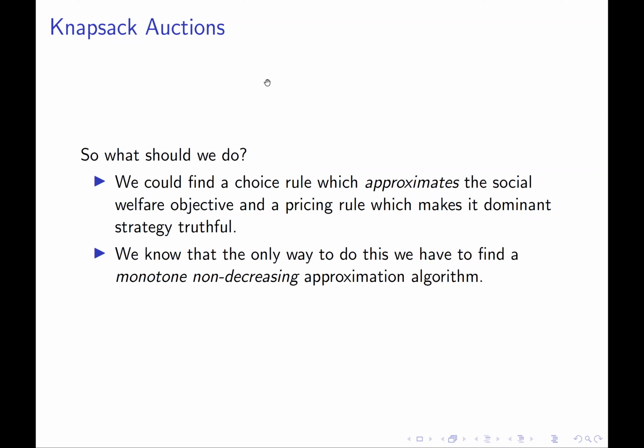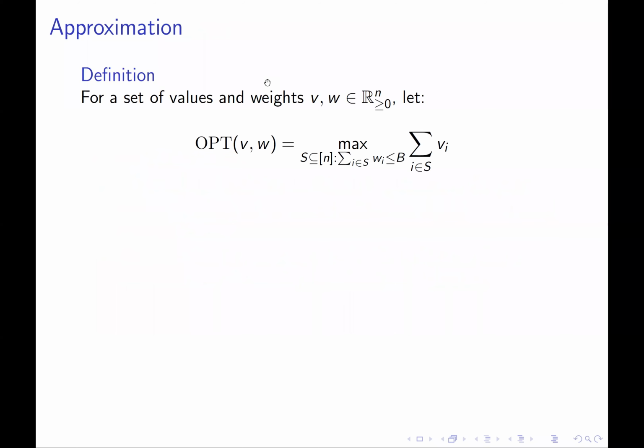So you can think about last class as an especially successful reduction, in which we reduced an entire class of mechanism design problems defined in terms of incentive properties to a purely algorithm design problem. And we're going to leverage that reduction this class. The only thing we need to do to solve this auction problem is to design an algorithm that has this monotonicity property. So let's fix some definitions.